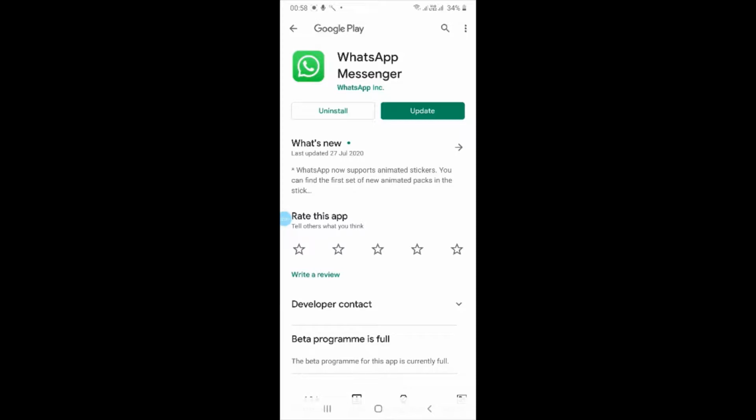Okay, as I have already installed it, that's why it is not showing download, it's just showing the updates. So this is one way if you are confused about whether the downloaded app is original or not. For that, it is better to go to the respective website and come from there to the Play Store. You will get the right original application. Okay, so this is one thing.